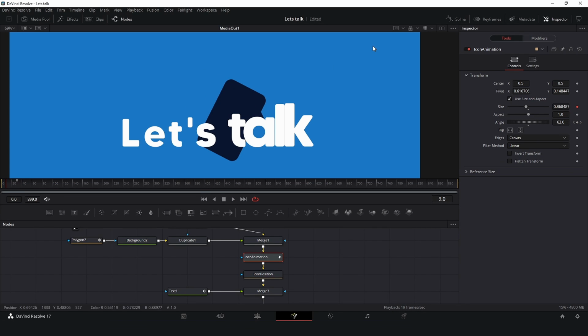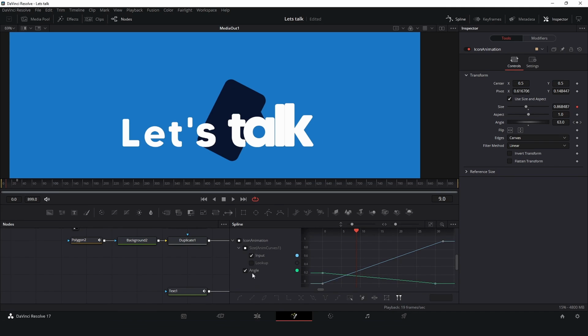Now let's go to spline and come here to angle. So we don't need to see this input for now. Select everything, press S, and make this adjustment here, something like this.